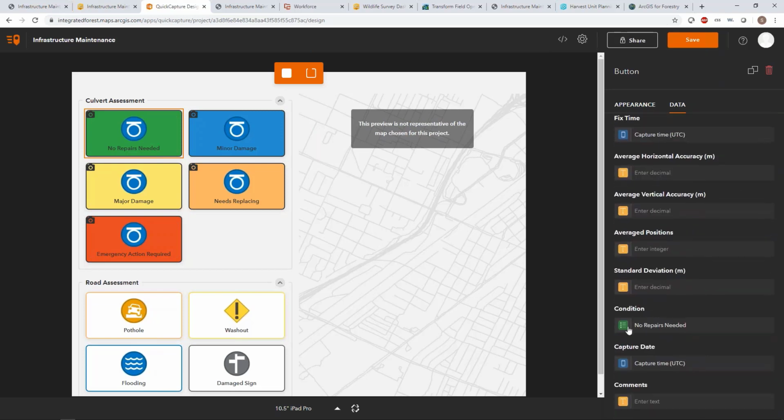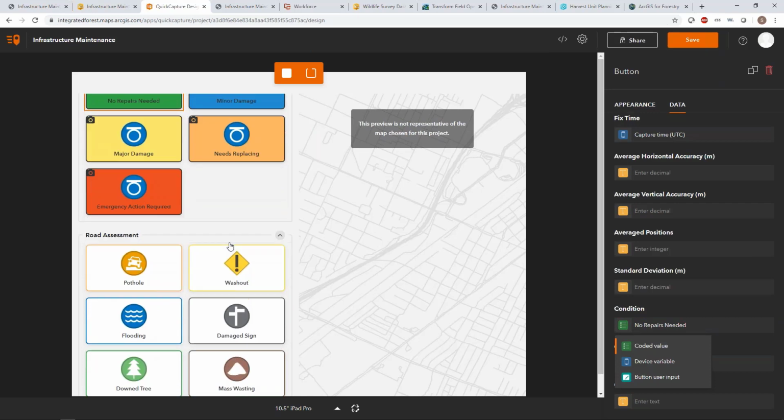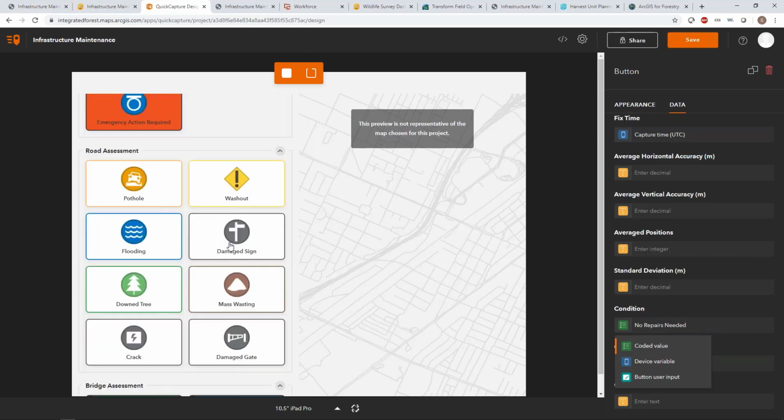But then down here, I've got a variable that allows me to essentially reference a list of values. And so all I've done in this case is build out a group, added a couple buttons, and then configured a button for each of these values that correspond to this domain here. And that allows me to essentially capture a feature that corresponds to each of these values depending on whatever button I press.